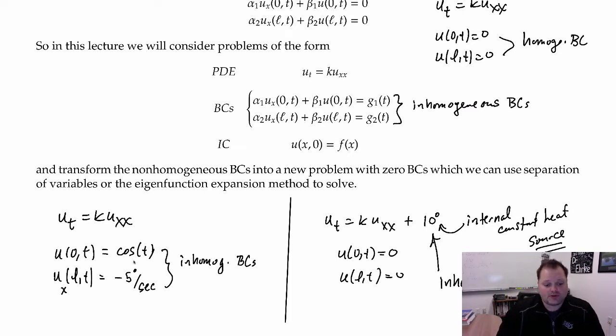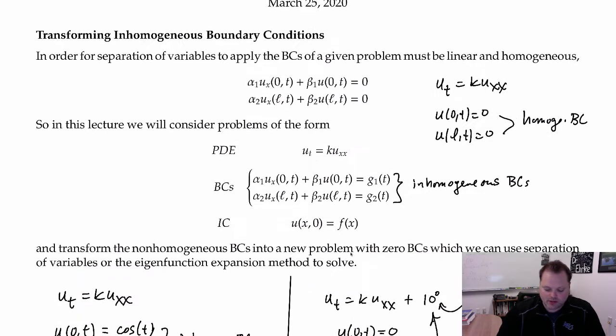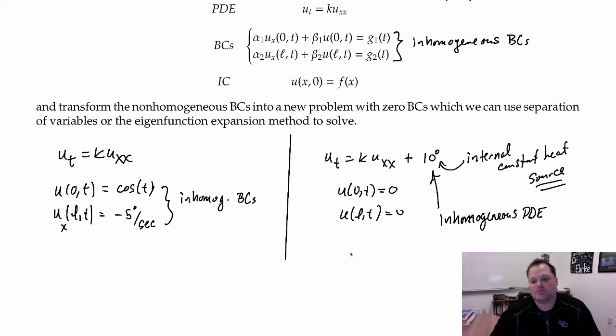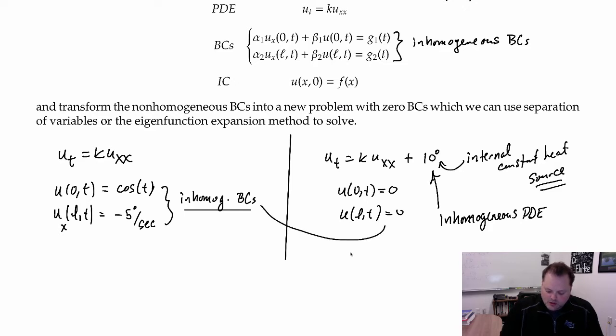So far in the course, we've not been able to handle either of these, and the most important thing I want you to understand going into this is we've been using separation of variables so far. That only applies if the problem is linear, which everything we'll talk about in this course for the most part is, and homogeneous, meaning both boundary conditions and the PDE have to be homogeneous in order to use separation of variables. So what we're going to talk about today is how to change inhomogeneous conditions into homogeneous boundary conditions,